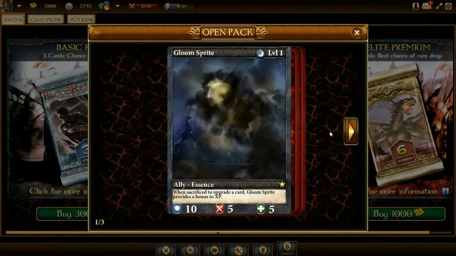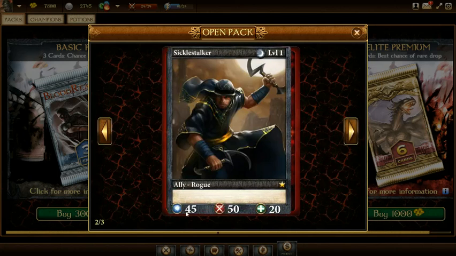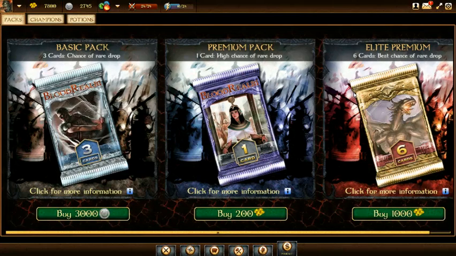Instead, we got a Gloom Sprite, which provides the bonus experience, a Sickle Stalker, which is a nice low-cost, high-damage dark card, and a Vestal Matron. When Vestal Matron enters play and each time her turn begins, your champion heals damage equal to her health points. Again, that is a typo, but with the low summon cost and the moderate health points, it is a very nice card to have in your light decks, because a lot of other decks will run